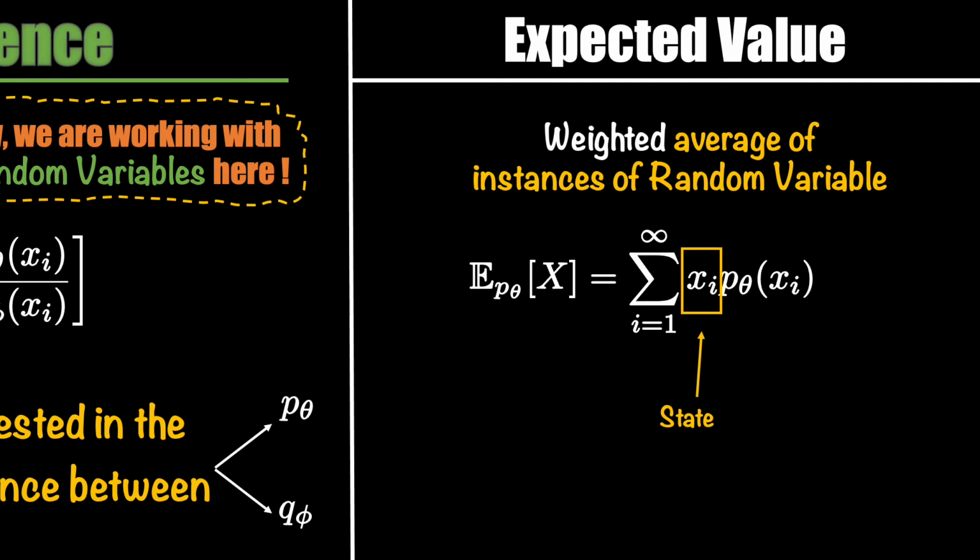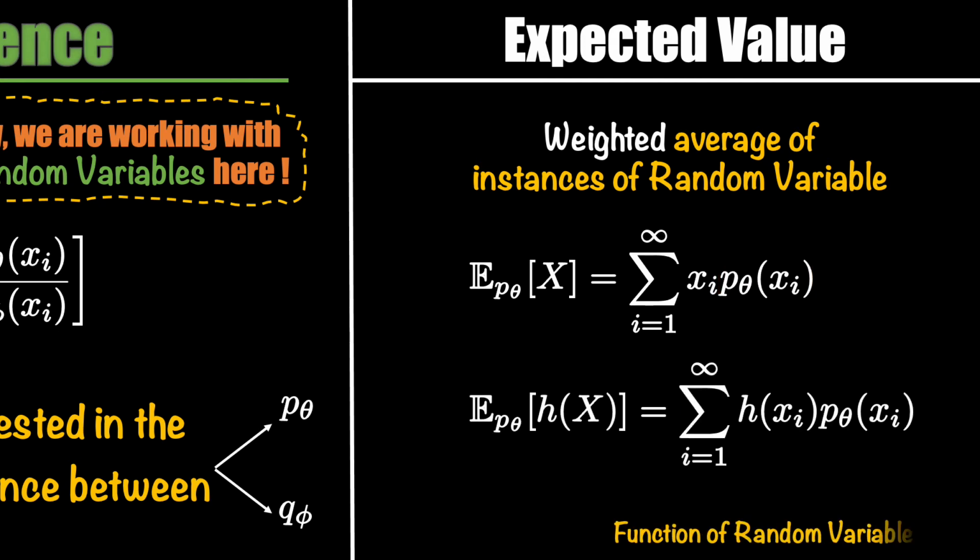In this formulation, x is the state of the random variable and p(x) gives its weight or the contribution towards the average, and you then simply sum up the result. Here the summation is showing that you do this calculation of expected value for a very large number of samples. Here is shown another formulation which is more general. Essentially, instead of random variables, we are computing the weighted average of a function of random variables. Most of the time you do compute the expectation of a function of random variables, and that is the case for our problem at hand as well, and you will see that.